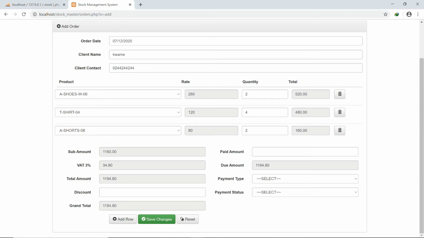And here, if there is a discount, when you add a discount, so let's say 5%, it calculates the grand total automatically. Then this is the due amount the person is supposed to pay. So let's say the person is to pay 1,189 cedis, 80 pesewas, and the person makes payment of, let's say, 900 cedis. So now the remaining amount to be added is 289 cedis, 80 pesewas. Pay by cash or any type of payment system you select. So this one is an advance because the person did not pay in full. So when you click on save,